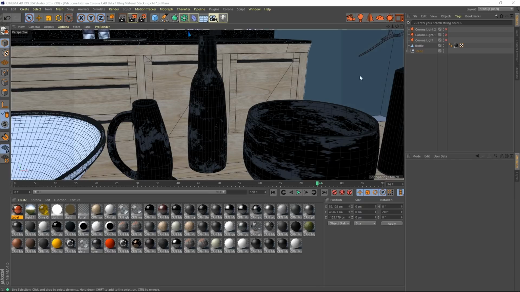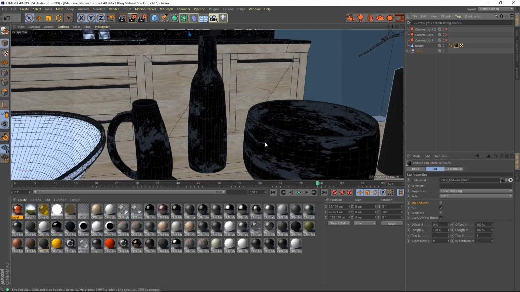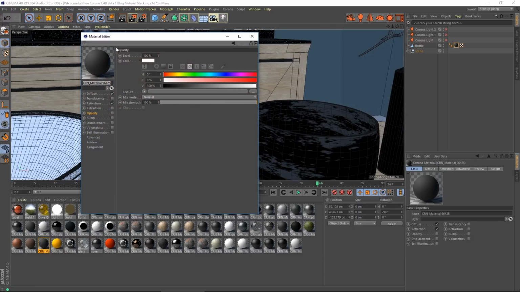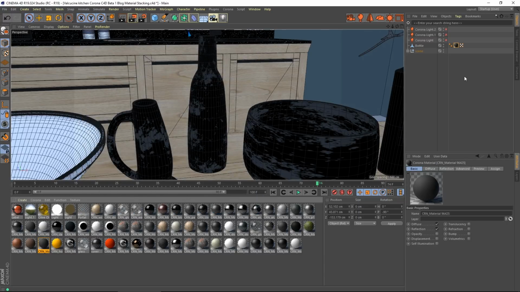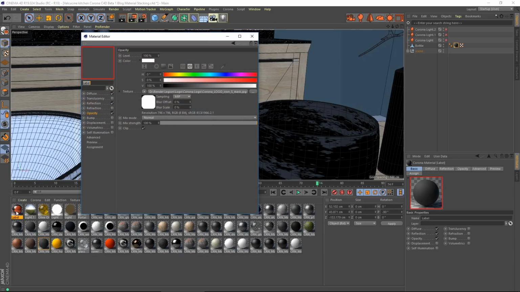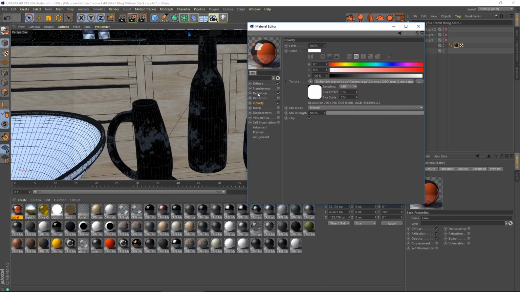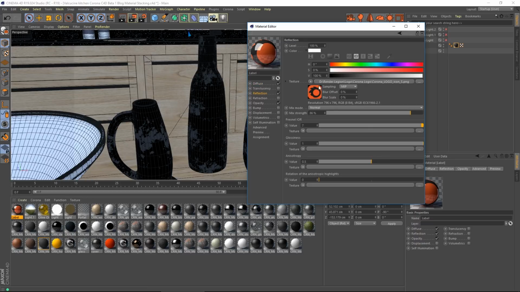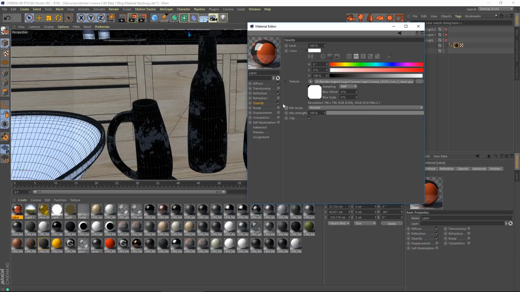I have a bottle here which is currently using this grey clay-like material, and I want to add a label onto it, so I've set up a material here, and just for illustration I've given it some diffuse color. I've put the same colors into the reflection and given it quite a strong reflection, whereas the background grey material has none. And then the key element is the opacity, because when you're stacking materials in Cinema 4D,